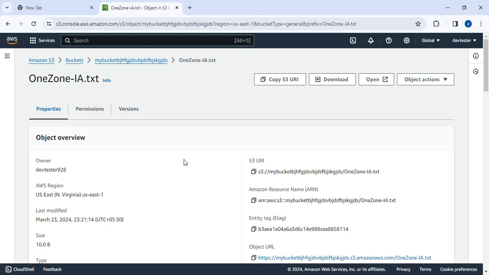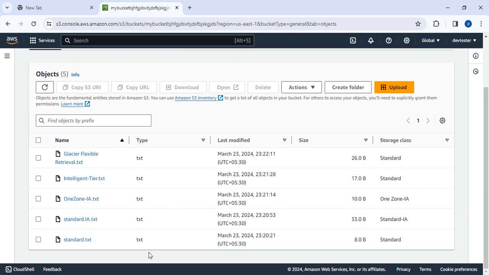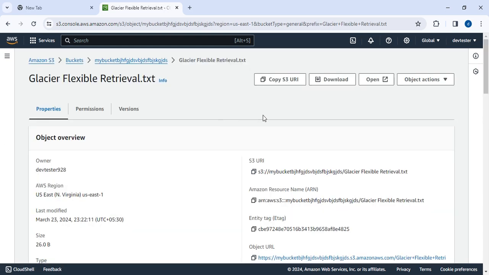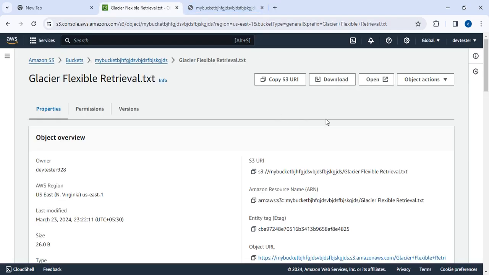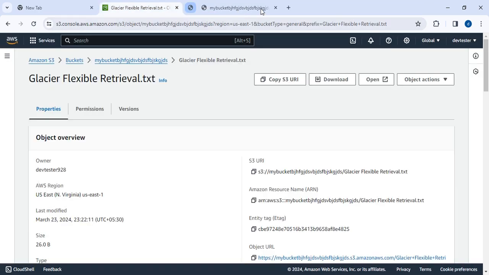And coming to this Glacier Instant, open. Open. But generally what happened in Glacier Instant,